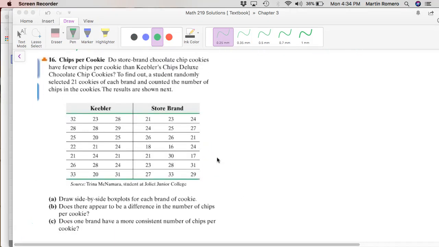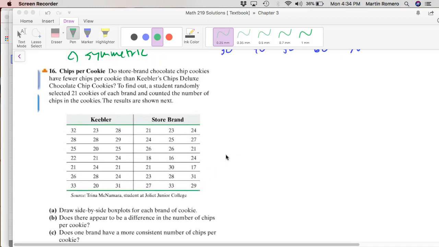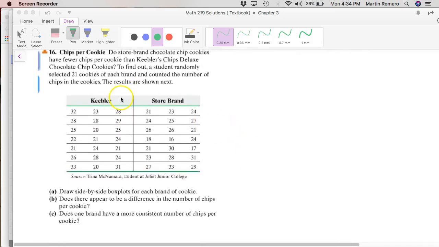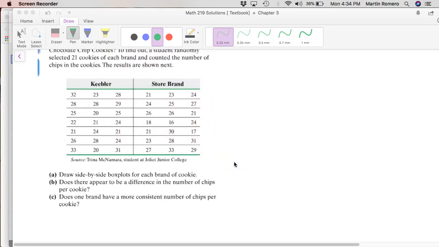Okay, let's look at problem 16. This is from chapter 3.5, number 16. We want to compare chocolate chips from two different companies, Keebler chocolate chips versus just your generic store brand. You want to know, is there a difference? To find out, you randomly sample 21 cookies from each brand to see if there's a difference in the number of chocolate chip cookies each